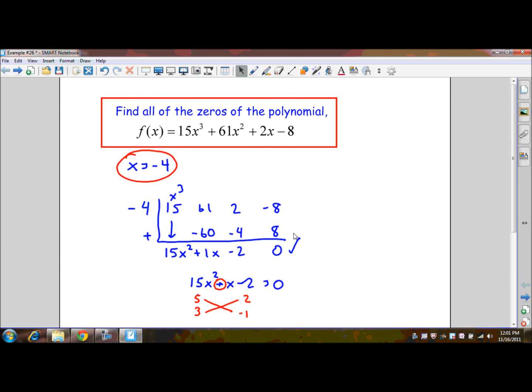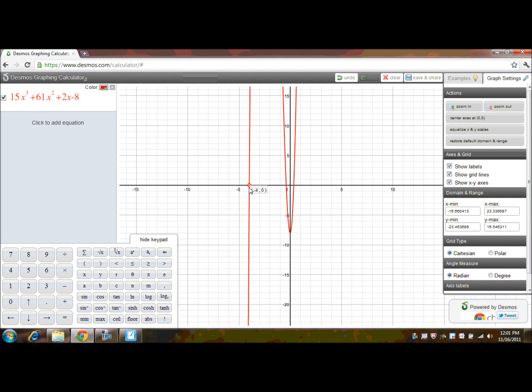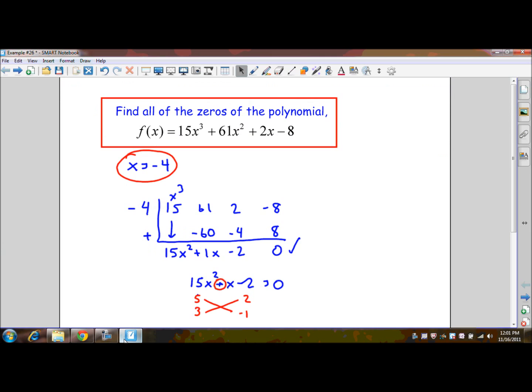Now, that's it. Let's go back to the graph and make sure that we're right. We knew that it crossed at -4. -0.4 is equivalent to -2/5, which is what we got. And 0.3 repeating is equivalent to 1/3, which means that we